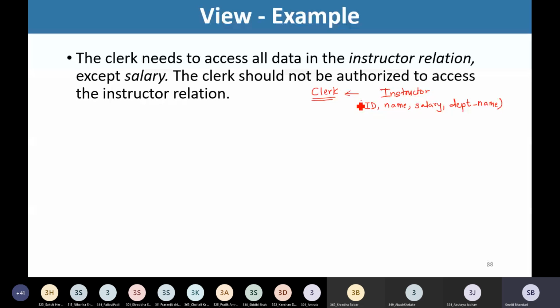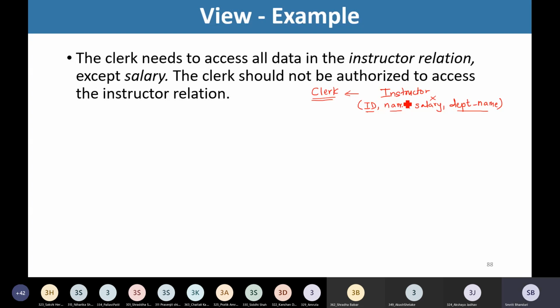So what information do they require? They require ID of the instructor, name of the instructor. So they do not want to access, or the university authorities do not want to show the salary attribute to these clerks. Right? I'll repeat. Clerks are not having access to the instructor table. They are not authorized to provide the queries to the instructors.